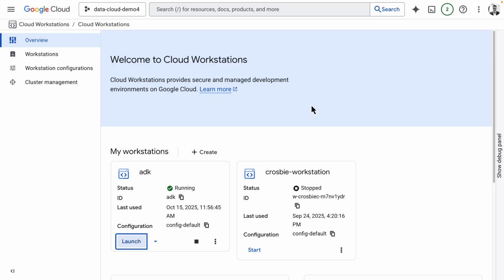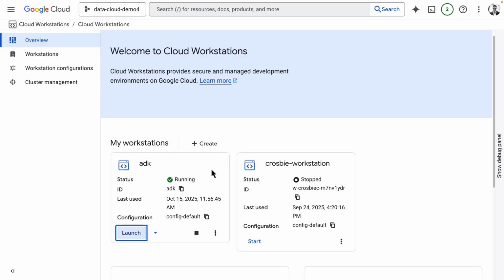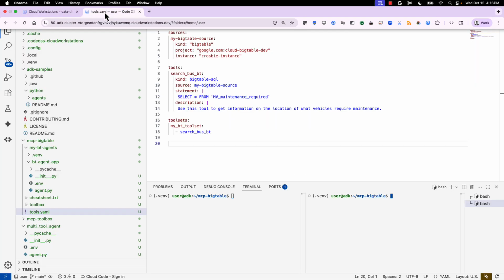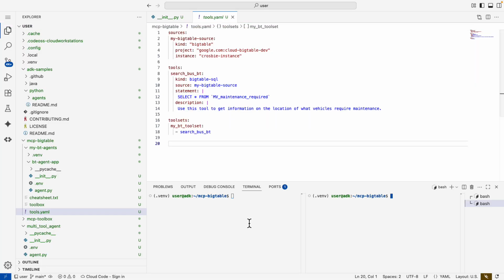Let's now flip over to a cloud workstation and take a look at the agent development kit to understand how you can integrate that Bigtable materialized view into an agentic application. So there's going to be 2 pieces to this code: an MCP toolbox for databases and the ADK toolkit. The code you're looking at here is the tool configuration for the MCP toolbox. This allows me to create a simple configuration where I describe a tool with a plain English description so the